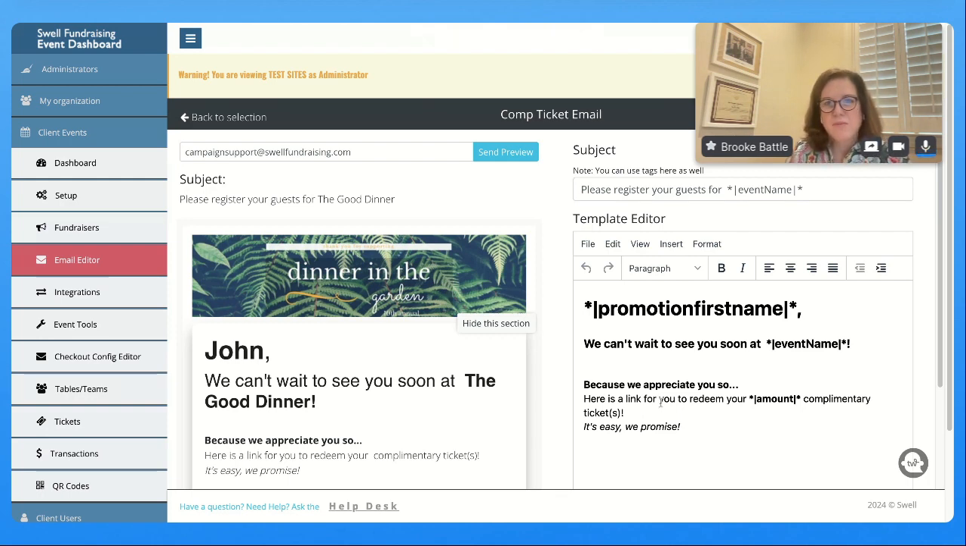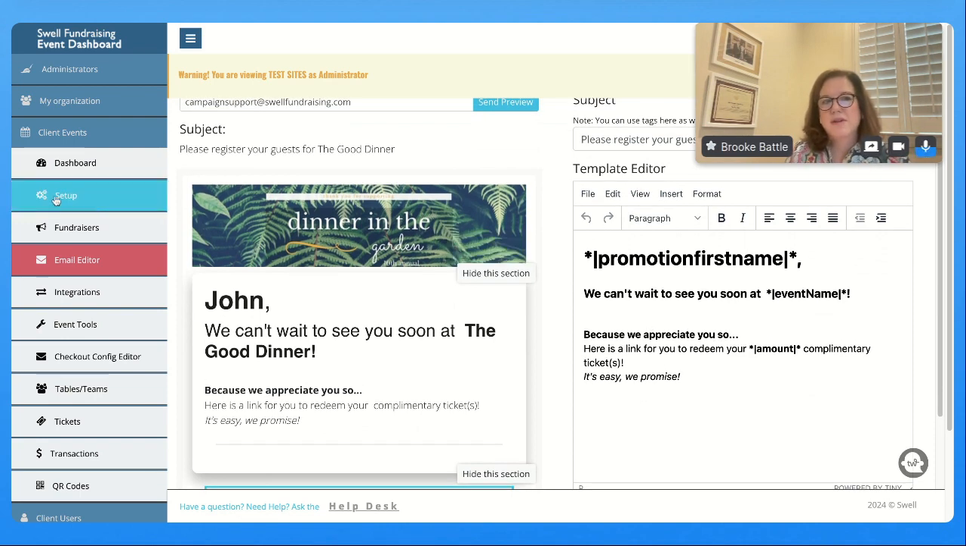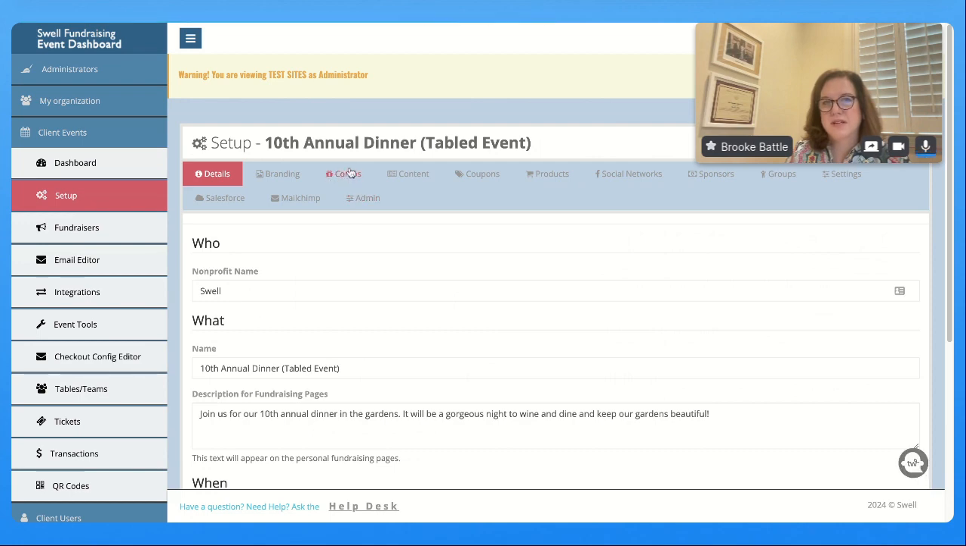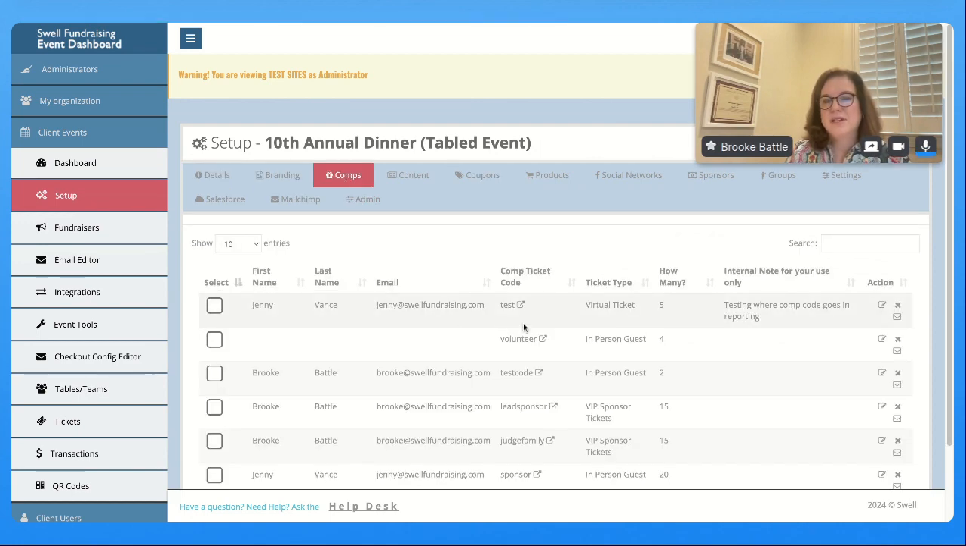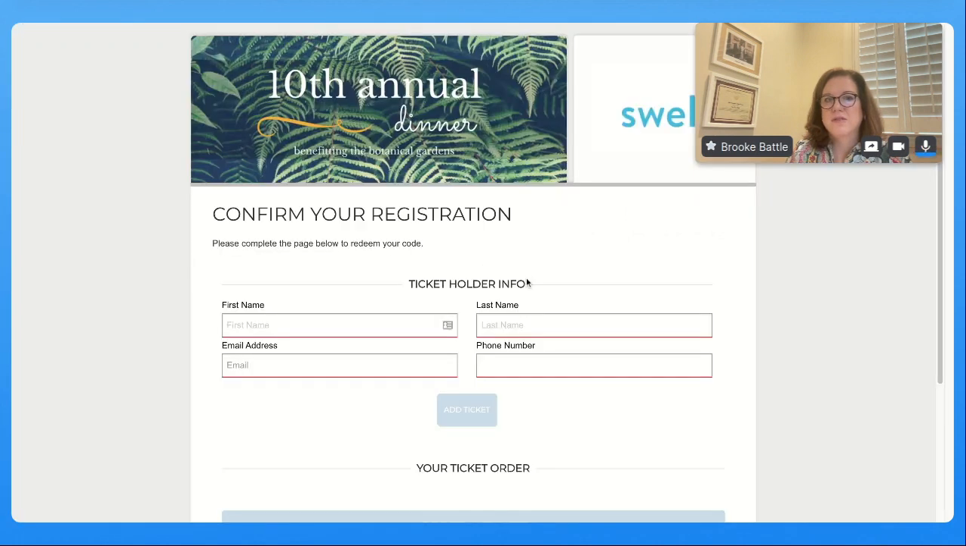But this next one, because the complimentary ticket email is the email that is sent when you set up a comp ticket link here. A comp ticket link is, in fact, just a link to, like right here, I've provided Brick Battle, who I've given this code, 15 VIP sponsor tickets. And this link, I'm going to share the tab, goes to this link where they can come in and claim 15 tickets. And so this is the email that goes out automatically, or if you send it with